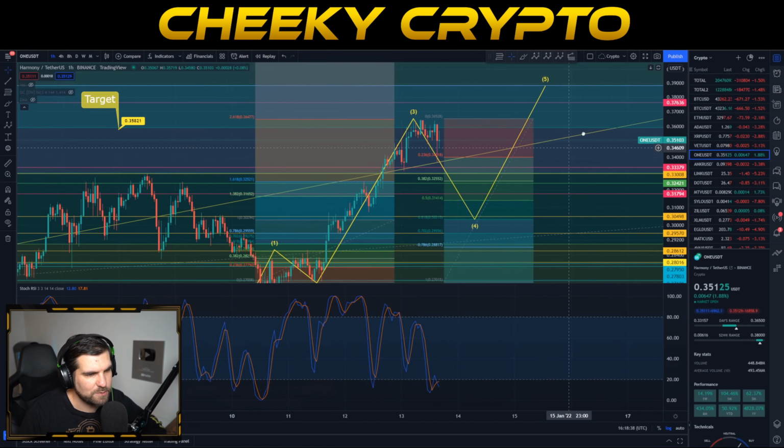Now, what's interesting here is we have crossed that 1.382 with this wick, and we pushed back up. Because we've pushed up, we actually crossed that wave A already. This means that it's not impulsive down. There's a couple of things that we need to acknowledge. Going past the 1.382 would indicate that we are going impulsive to the downside. However, because we pushed back up and actually crossed this A wave on that journey,